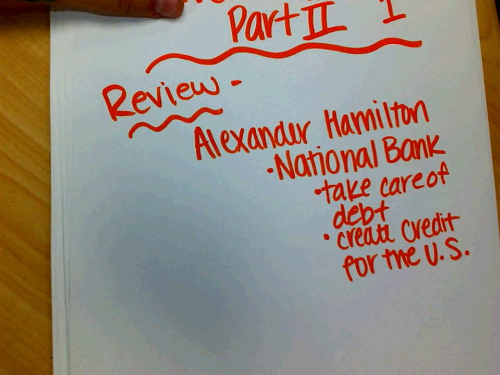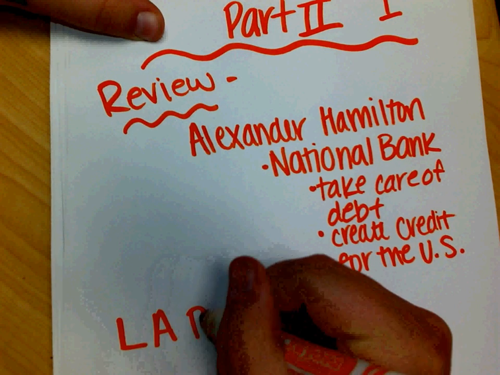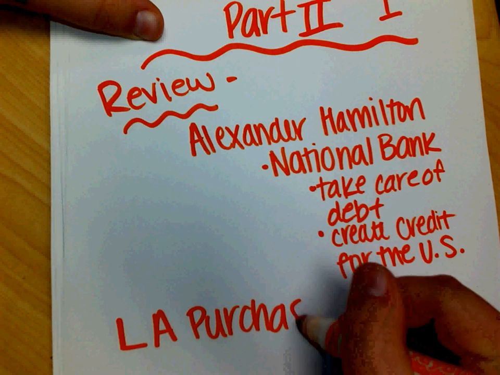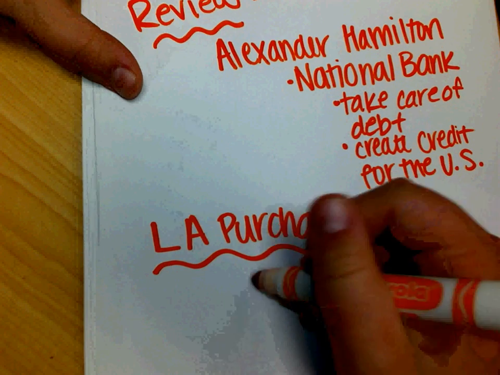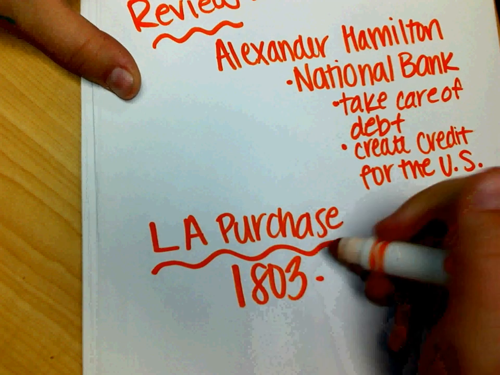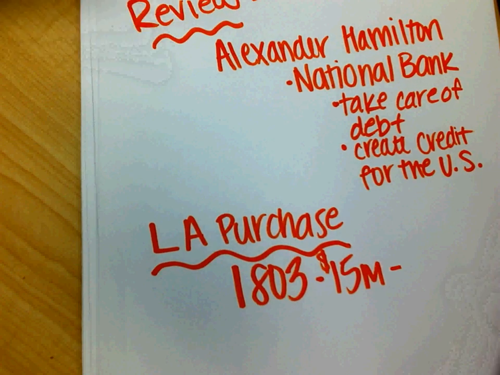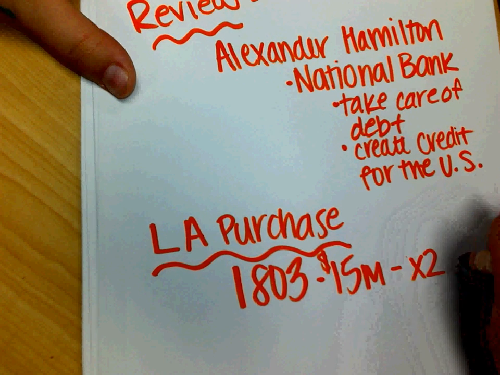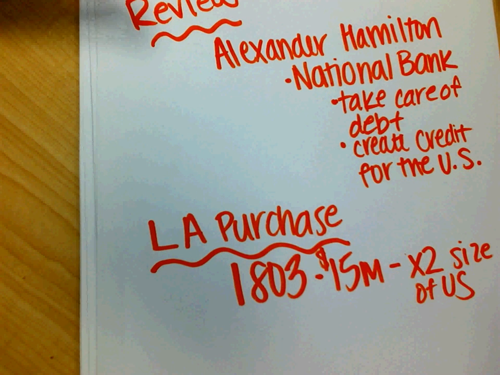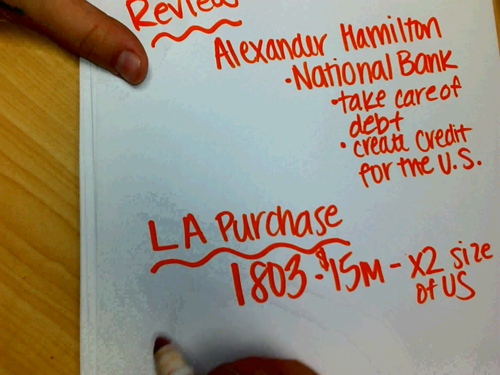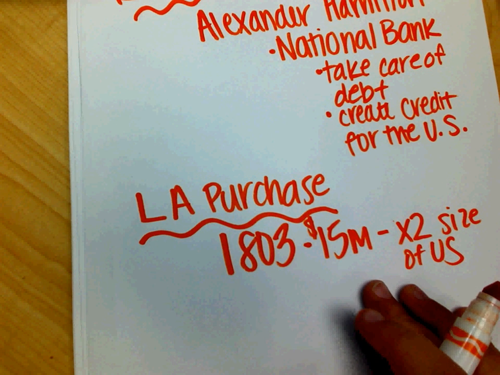You will need to know a lot about the Louisiana Purchase. From the Louisiana Purchase, I would kind of stick with, what year was it? 1803. How much was it? $15 million. If it was $15 million, what did it do? It doubled the size of the U.S. 1803. All of these things are going to be very important for you to know, mainly because the Louisiana Purchase is a hot date, one of those dates that all 8th graders need to know.